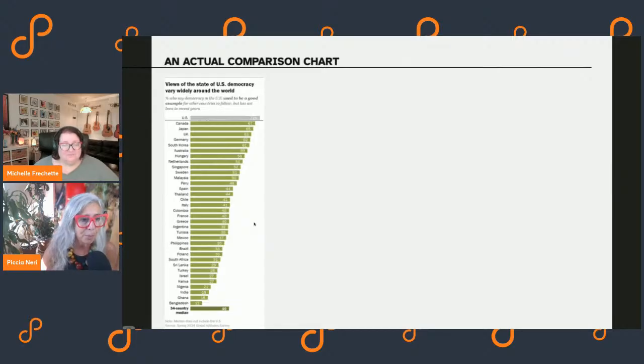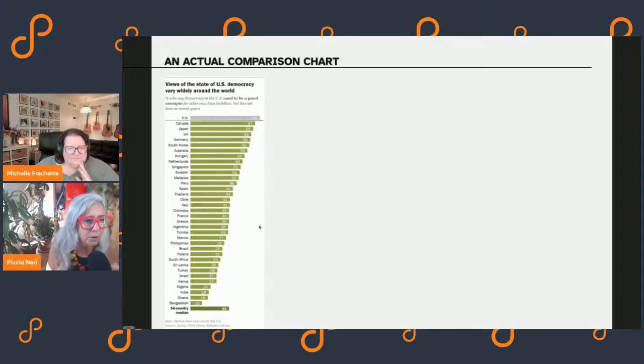This is a comparison chart. It comes out as quite small, and it's one of the charts. I will tell you what website it is from, but it's a comparison chart that is horizontal, and it has so many countries there.